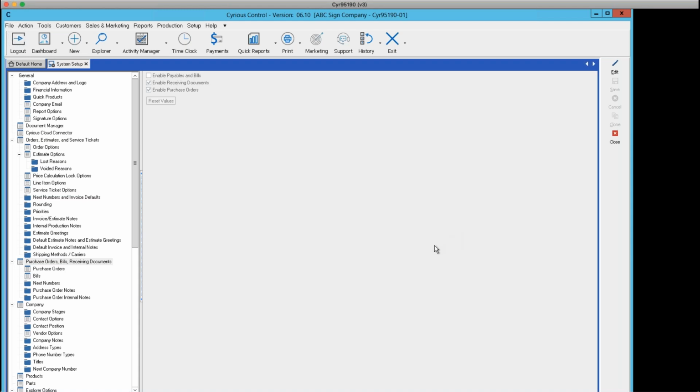So setting up inventory to track parts, there are two ways you can do that. You can do it at the part level, and you can do it at the part category level. And I'll kind of touch on both of those options. So to set up a single part